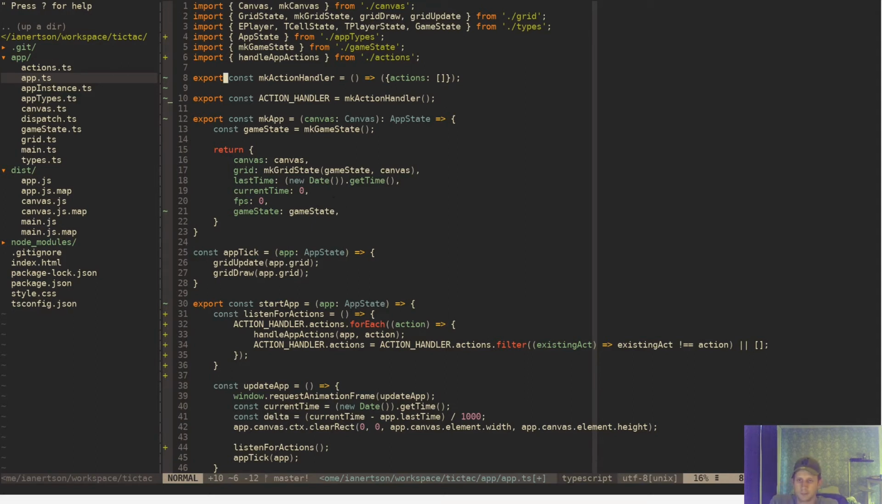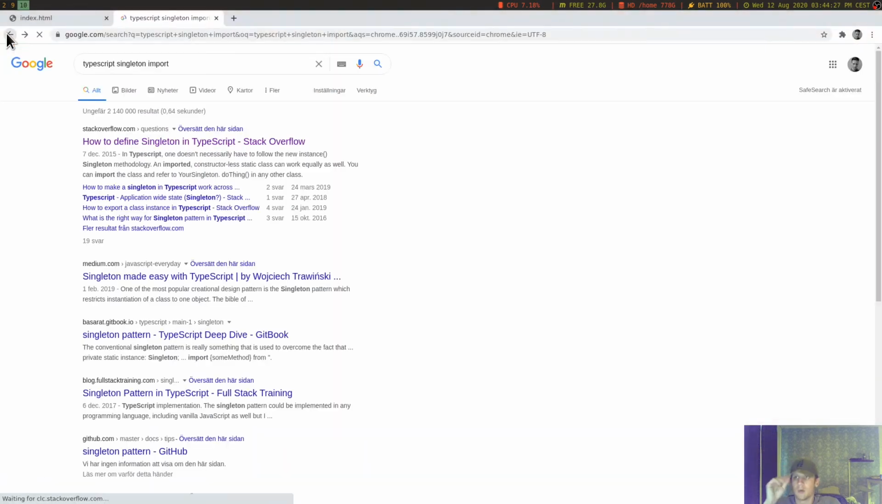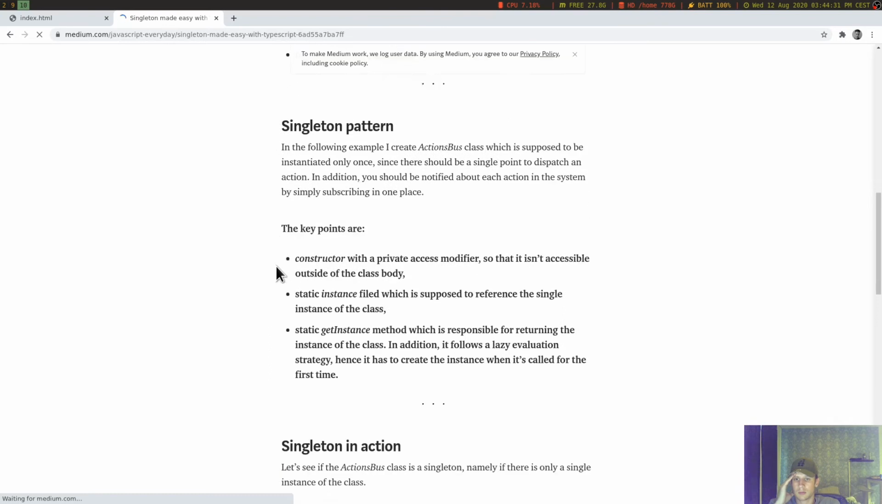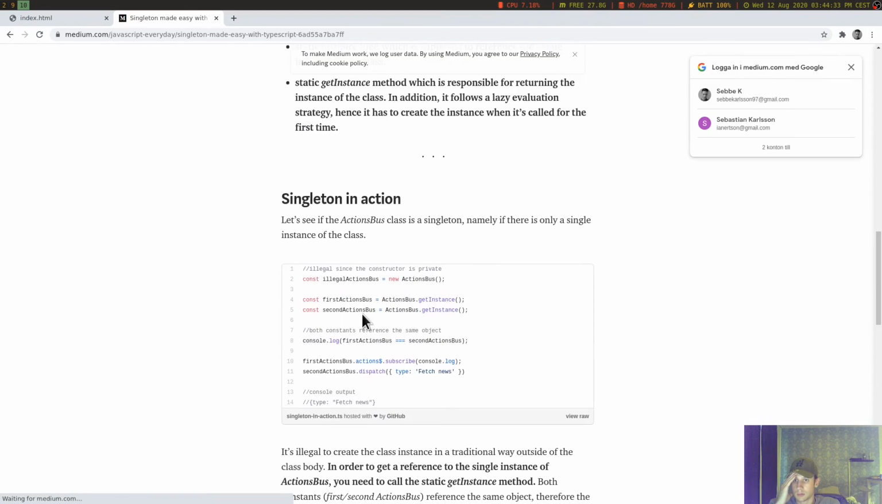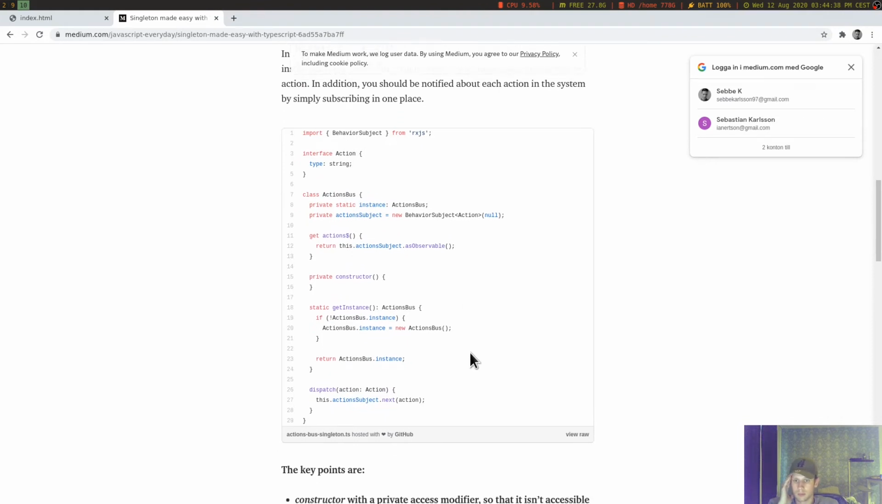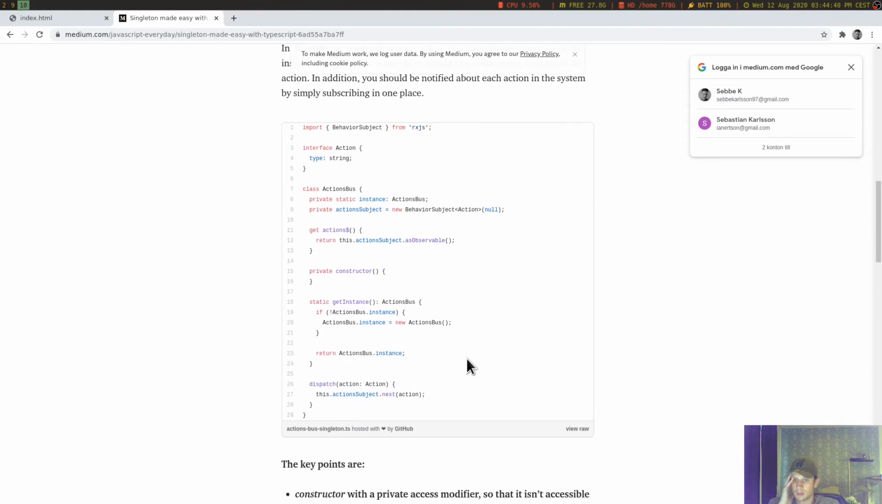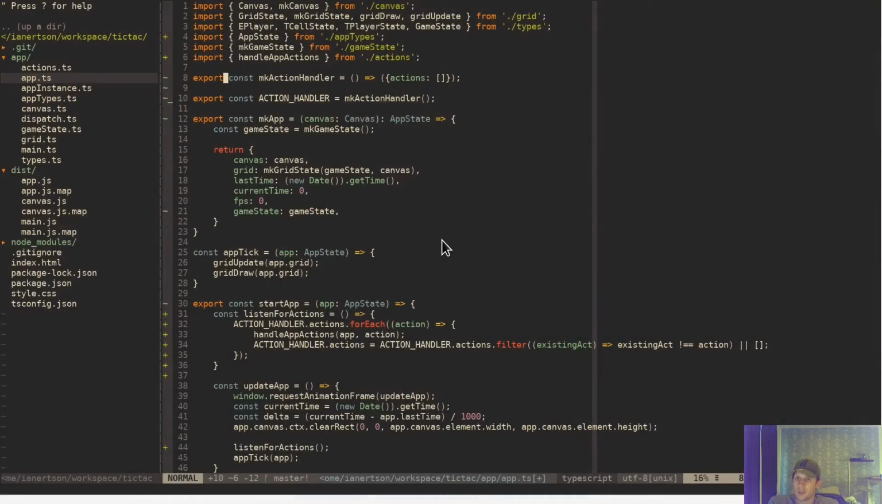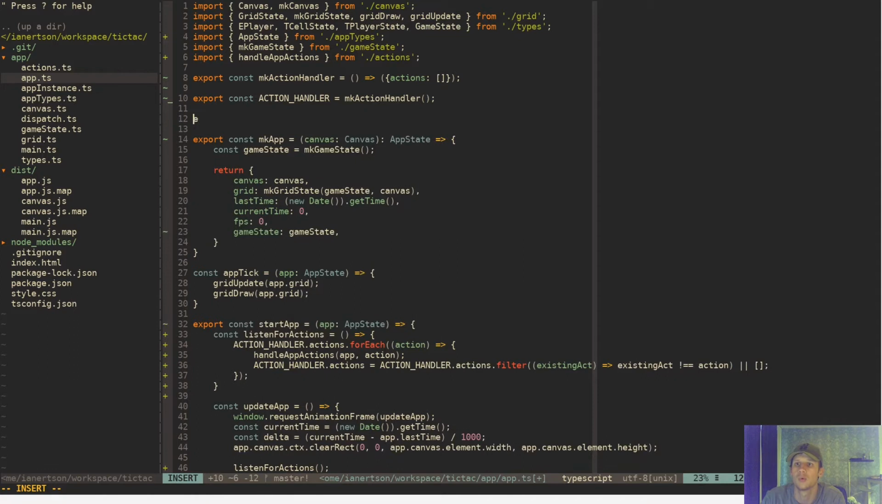How can I do this? I wanted to... I don't want to use a class. Maybe we can do export const getActionHandler is equal to